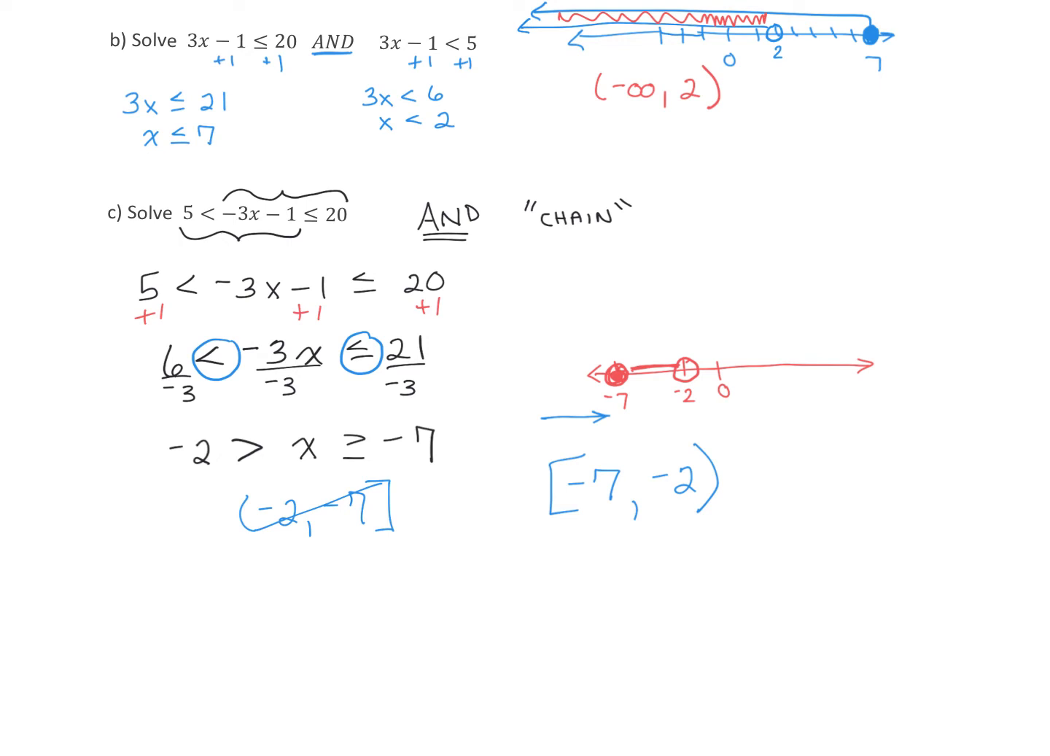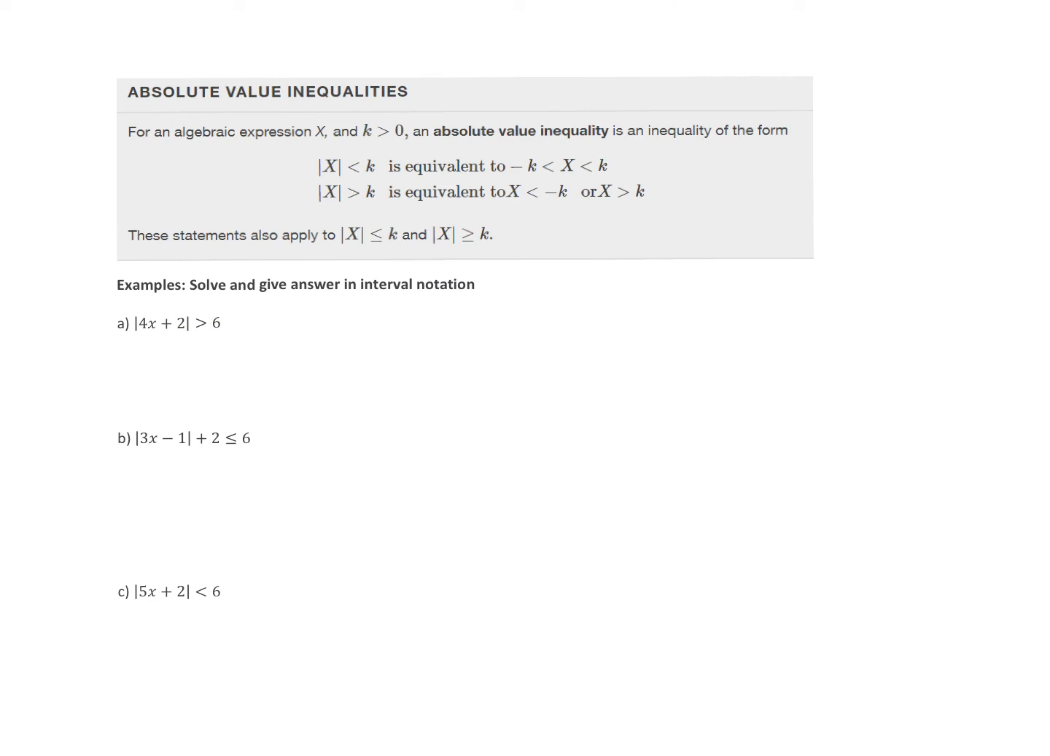All right, let's take a look at the next page here. These are absolute value inequalities. So an absolute value inequality actually translates into a compound inequality. You're either going to have an and statement, and that's true if you have a less than symbol when you start. That's how I remember that. Or you're going to have an or statement, and you're going to have that if you have a greater symbol